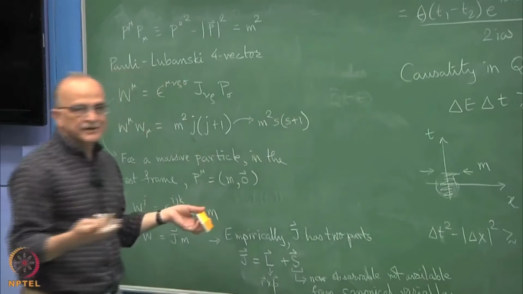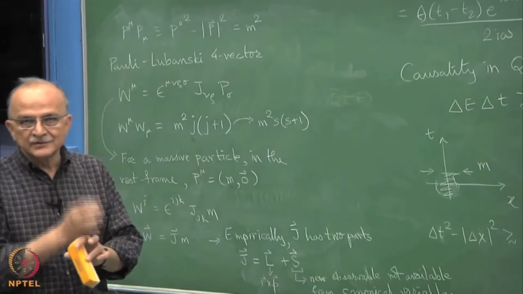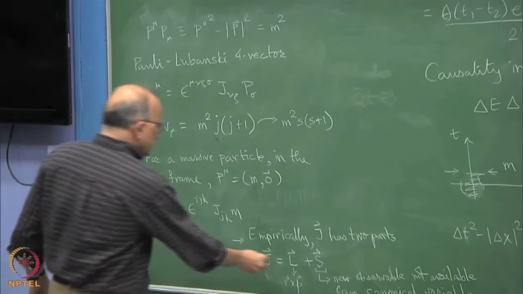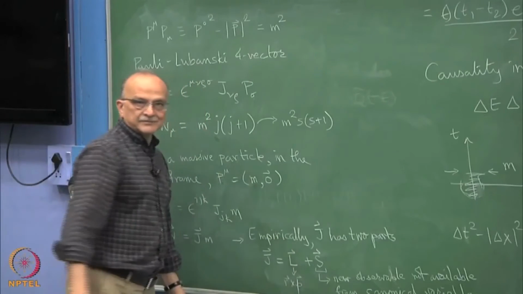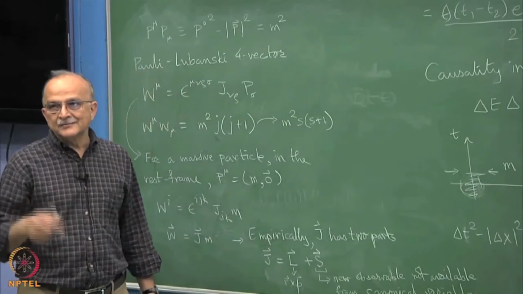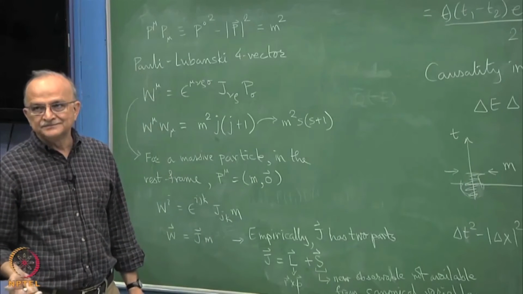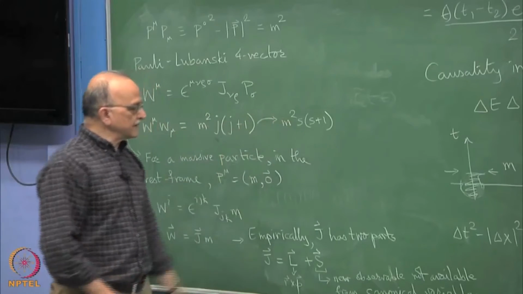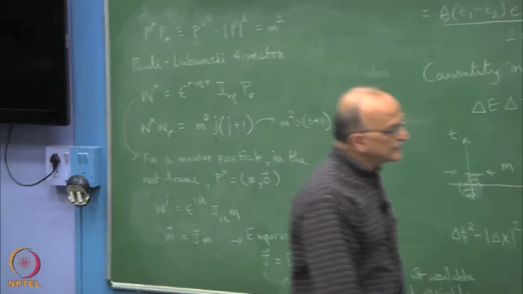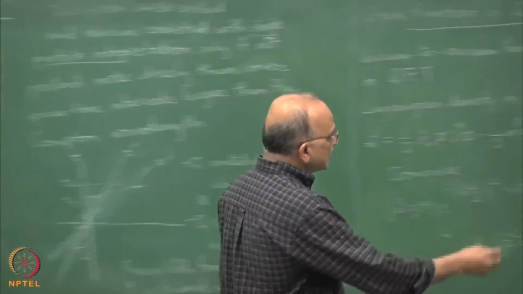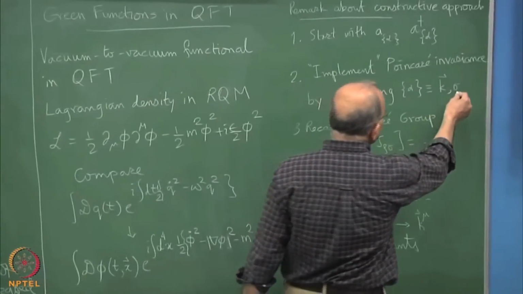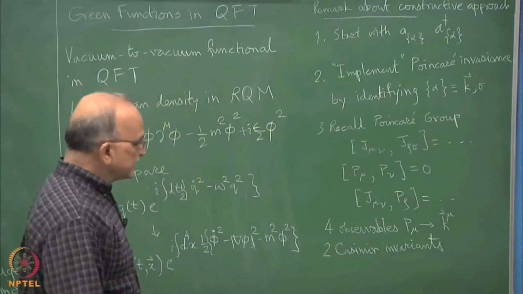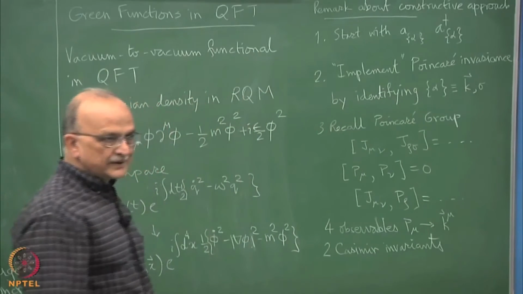Only the intrinsic spin will remain. You sit at the location of the particle in its own rest frame, there will be no orbital angular momentum. What remains is by definition what is spin. Okay. And so the other Casimir invariant has value m squared S into S plus 1, and that is what we put. The auxiliary, not canonically obtainable but observable in nature, is what is spin. Okay.